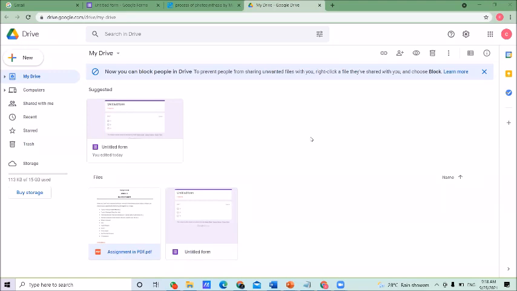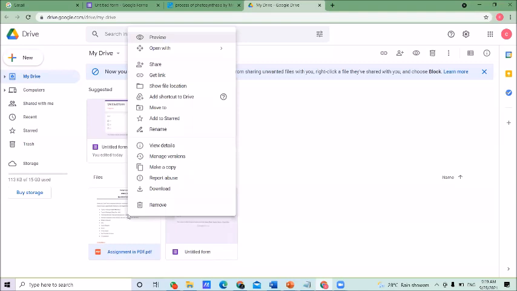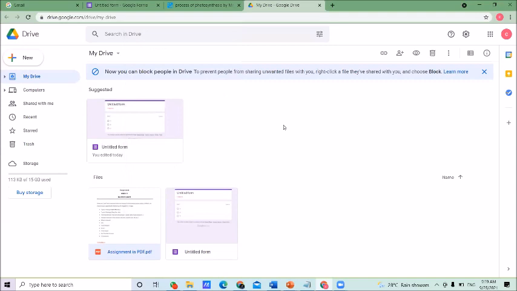I also explained how to share this document with others. If you want to share this document with others, you want to get a link. Click on the particular document, then right click. Once you right click, another submenu will open. From this submenu, click Get link. Right, then you can get the link to share.